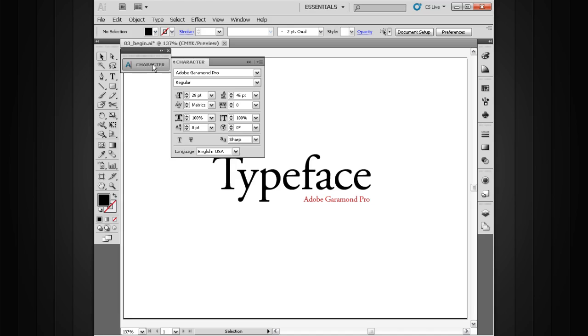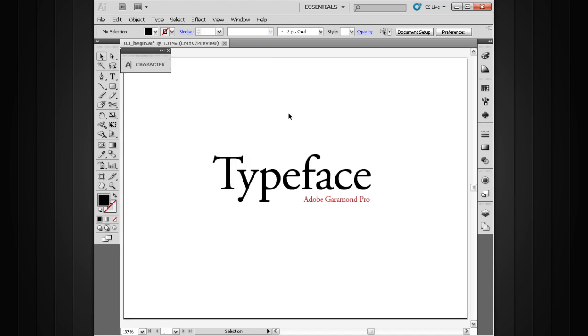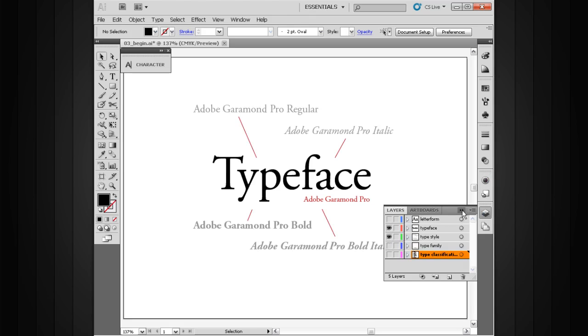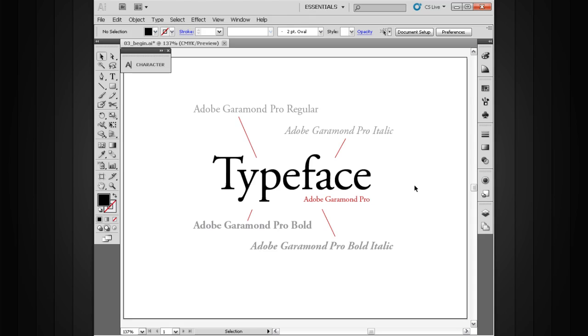We're going to talk about that next here. To elaborate on a typeface, or to dig a little bit deeper into a typeface, each typeface can contain type styles. Let me come over here to my layers panel and bring in another layer for you here. Now, on this particular machine, I have 4 different type styles for Adobe Garamond Pro installed, and I'm able to